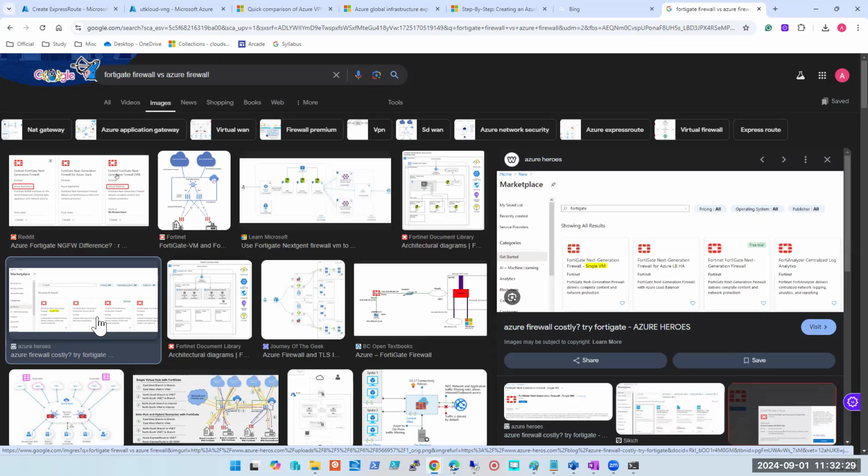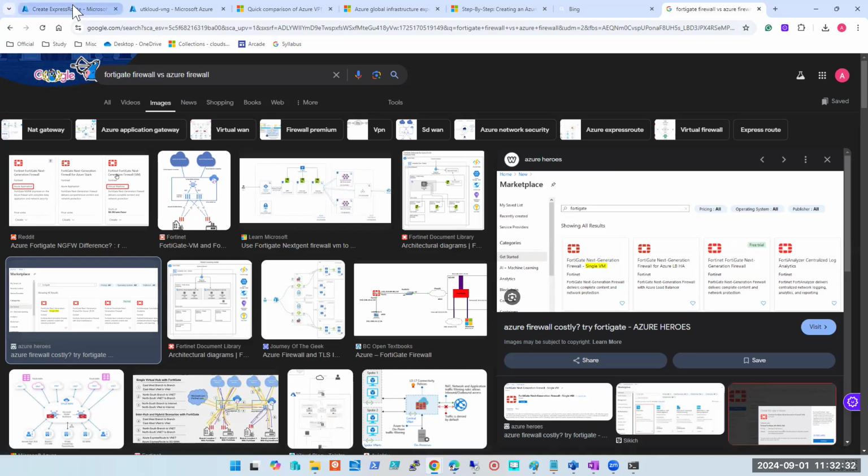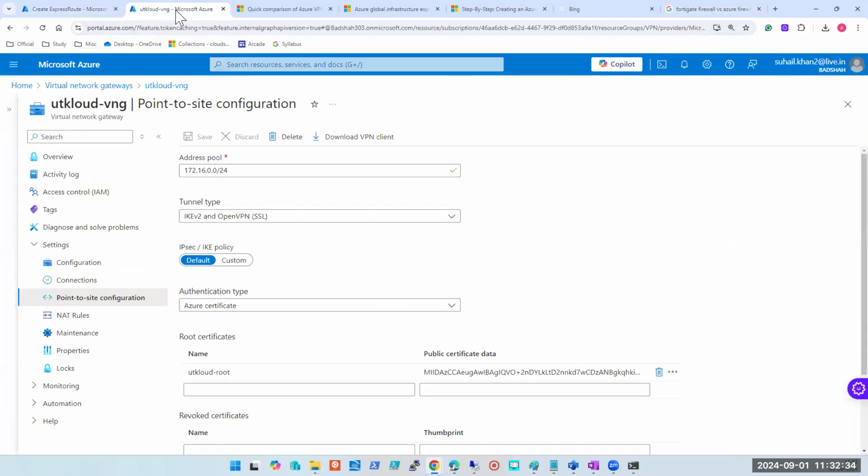If you understand the concept of firewall, then you will be able to work on anything. If you understand the concept of VPN, then you will be able to work on any client, any VPN. Clear, guys? Yes. Why am I spending too much time on this one? Why did I spend so much time on one answer, though it wasn't even technical? We didn't look at any technical specification.